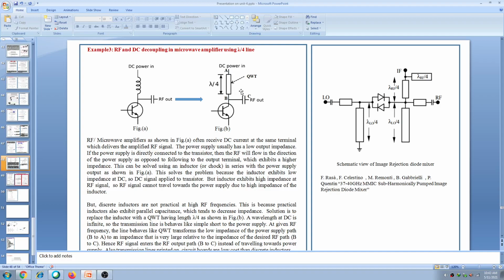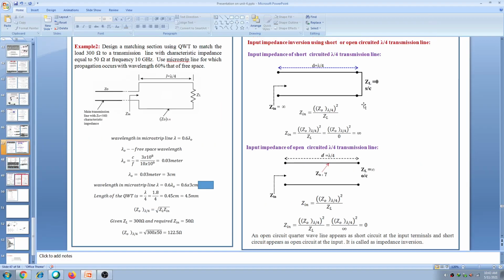open circuit. Okay, so that's why this inductor is replaced by a quarter wave line here in this application. So the 10 gigahertz signal doesn't go to this DC power supply, it will go through this capacitor. And that is the output that we needed. So this inductor function is replaced by the quarter wave line transformer. This is a short here. So here it looks like an open, so the RF signal comes here, but it tries to enter like this, it can't go like this because the input impedance is very high, looks like open here, so it doesn't go here, it will go like this. So that is the application of this transmission line.